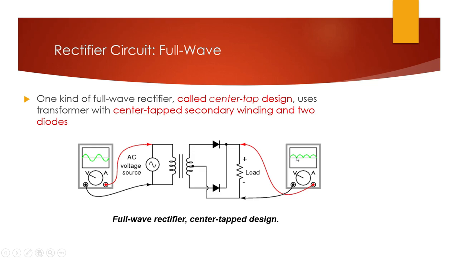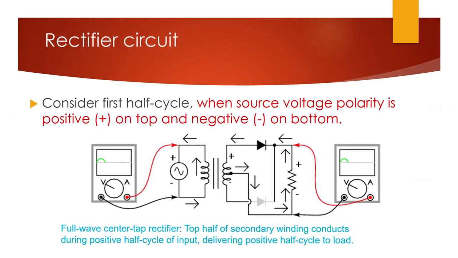Output waveforms should be like this. Here we can see we have continuous half waves. The positive side is fully occupied. This is the difference between half wave and full wave rectifier. In a half wave rectifier we get one cycle, then a gap, then one positive, then again a gap, and so on. So we'll see how exactly it works.